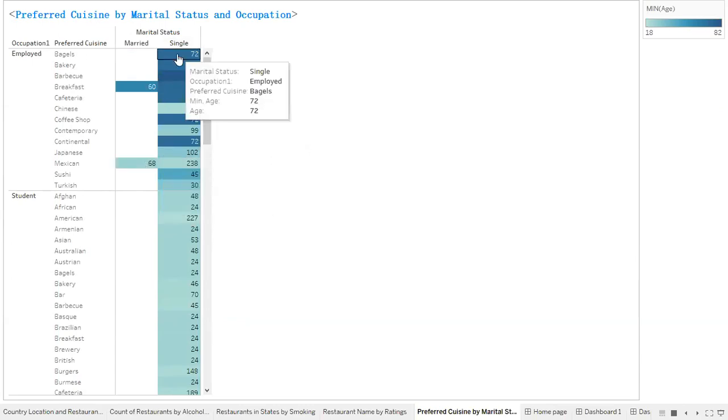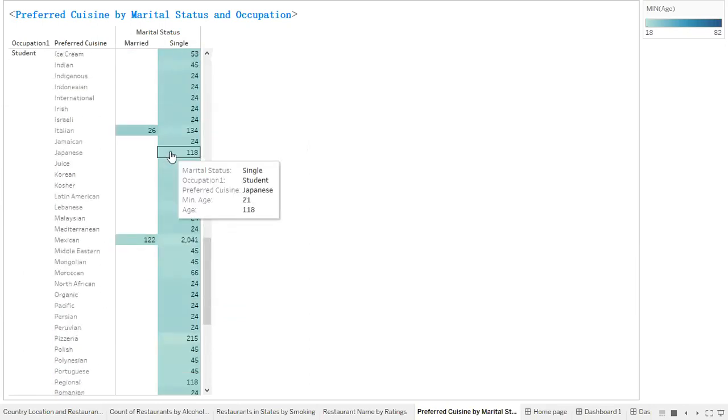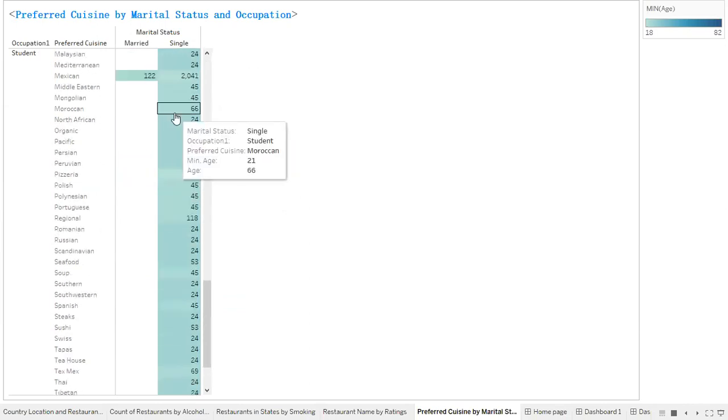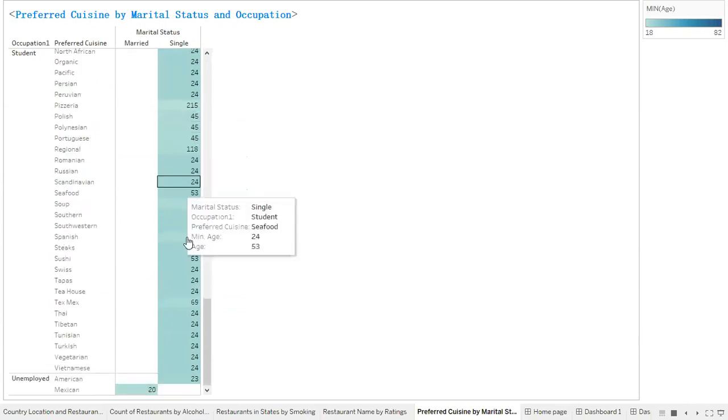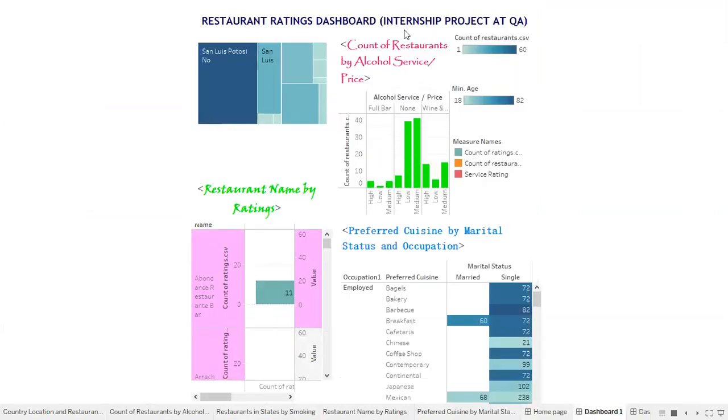So it would be nice to have really great opportunities for young people. You could have music, just stuff to attract more young people since it seems they are the target market, and they have to be single, of course. That's the insight that has been generated here. And we also have, okay, this is my home page, this is the dashboard. This is just my dashboard showing all of